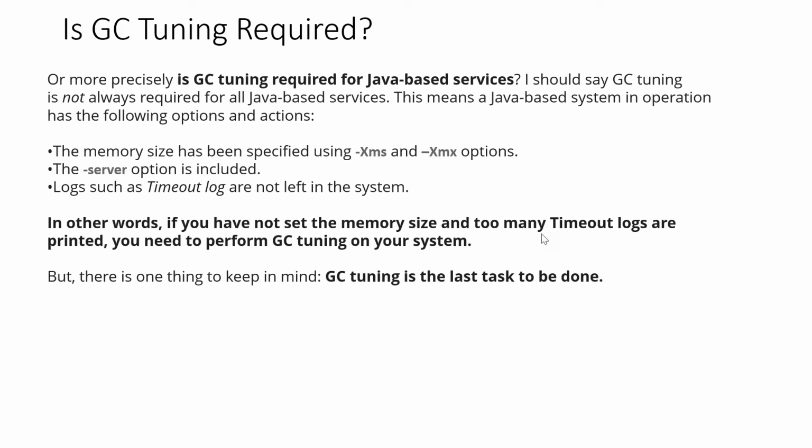So you hardly need to tune GC. Plus it is a difficult task, because you have to convince your developers and your architectural team that this is required. Because if you're questioning the GC tuning, or saying that application performance is not good because of this GC, that means you're questioning their architecture, right? So it is very hard to convince them, so you need to have very good statistics to prove that the GC tuning is required.